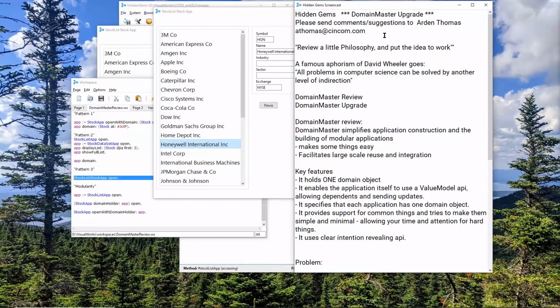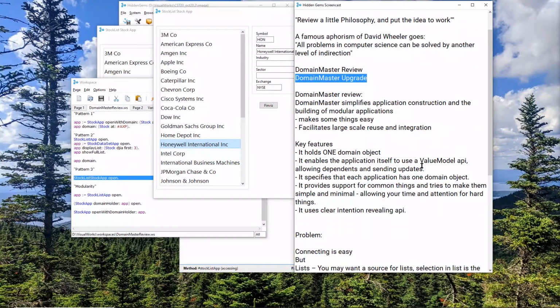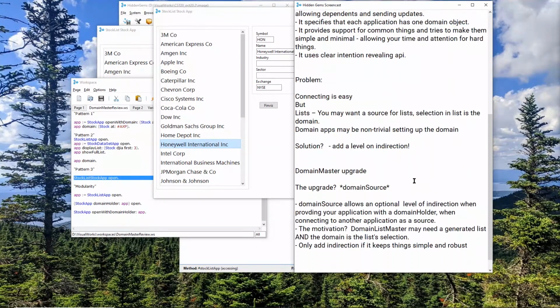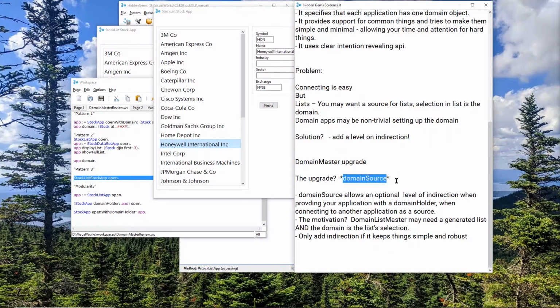So actually, this is what we're going to do. We're going to add a level of indirection and upgrade our DomainMaster. So what do we want to do? Well, we're going to add to DomainMaster. DomainMaster has a domain holder, but we're also going to add domain source. Domain source is optional, and it allows the application